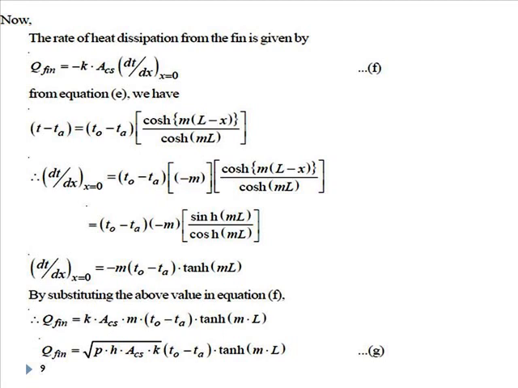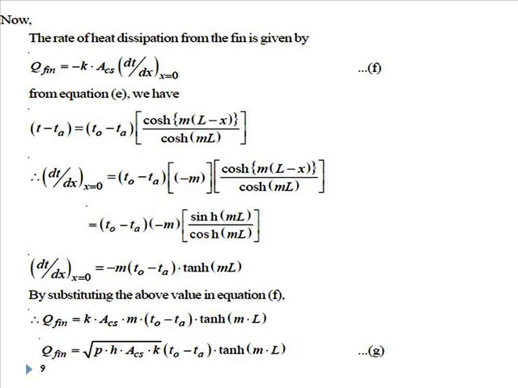Now when we put this value in the equation of Q fin, we get Q fin equal to K times cross section area times m times (T0 - Ta) times tanh(mL). Upon simplification we get equation G, that is Q fin equals the square root of P h cross section area K, times (T0 - Ta) tanh(mL),